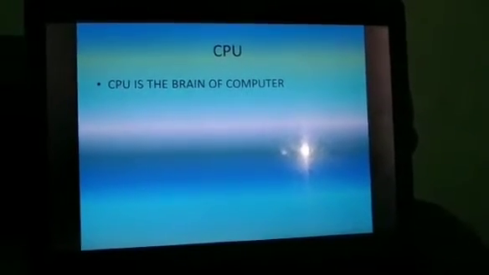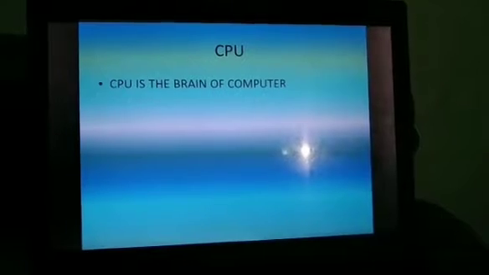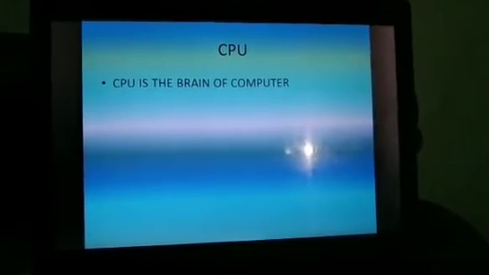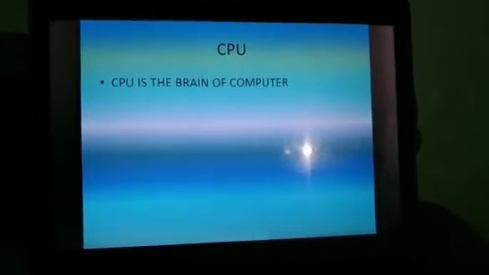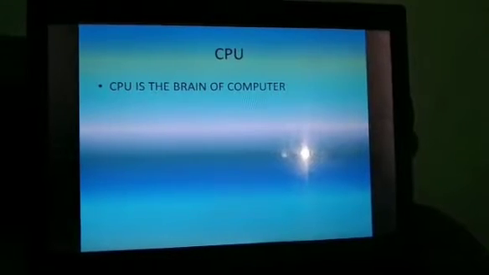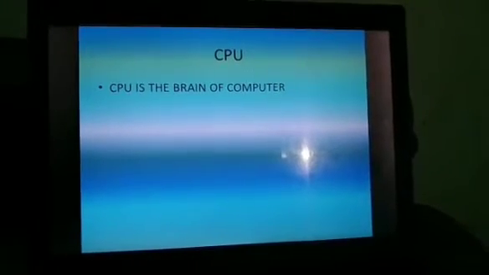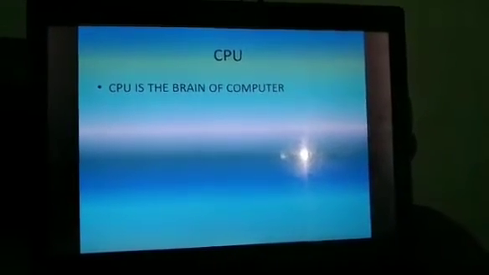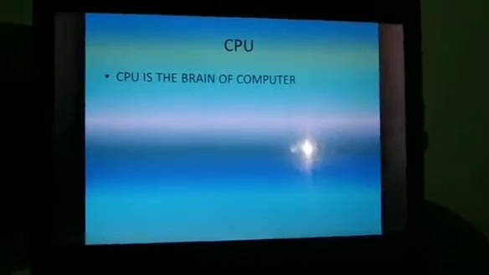Like we use our brain to calculate anything, to think and answer if someone says something to you, in the same way, if any work is given to the computer, our CPU, the brain of the computer, thinks and controls all the activities of the computer.